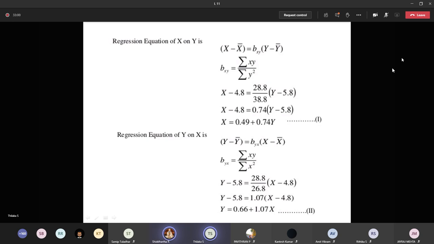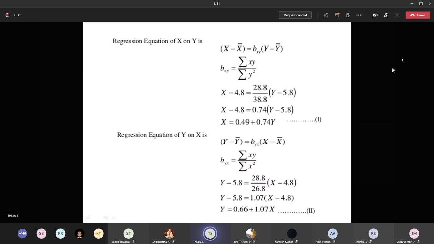Ma'am, how do you find R in practice, ma'am? Like the value of R? Okay. Like regression, one of the statistical measures which is used to find out the relationship between two variables is the statistical technique which is called correlation. Correlation is denoted by the small r. So the equation is sigma xy divided by root of sigma x square into sigma y square. So the same method has to be followed for calculating the small x and the small y.